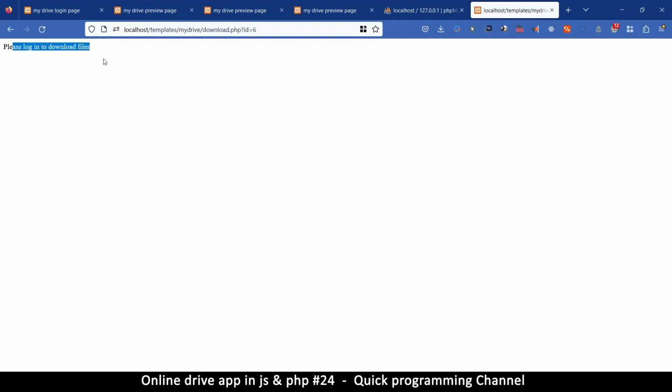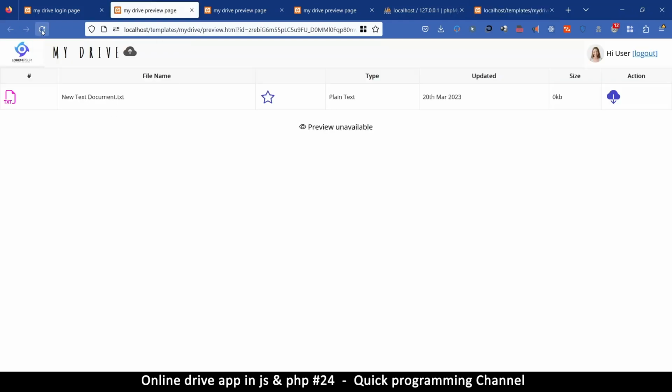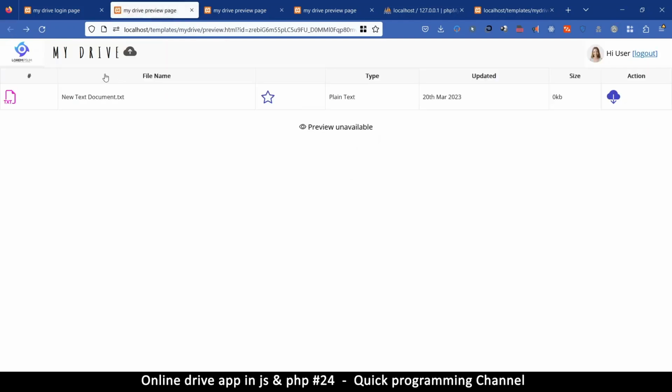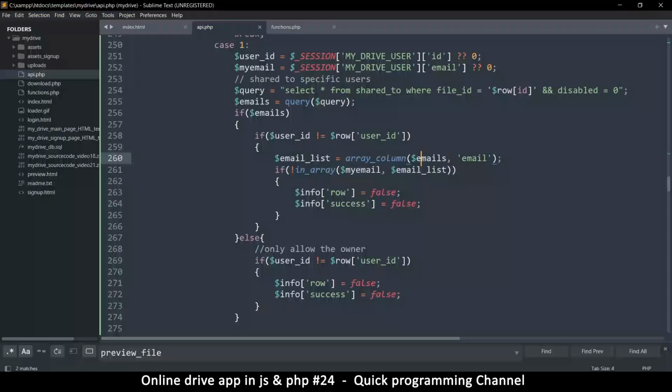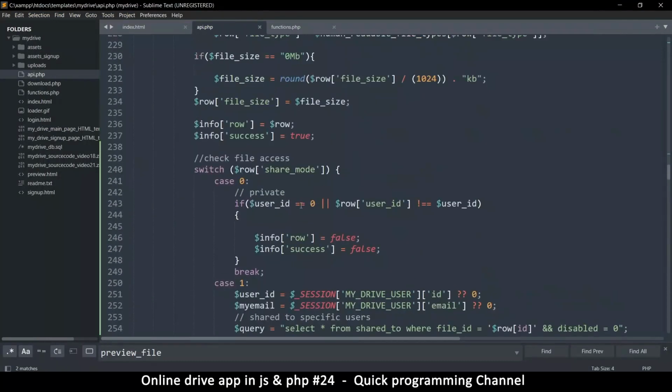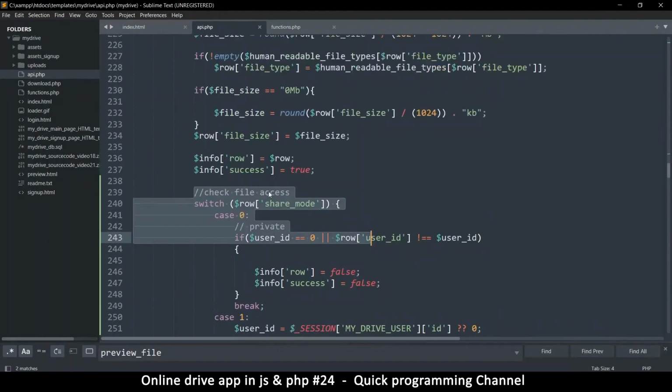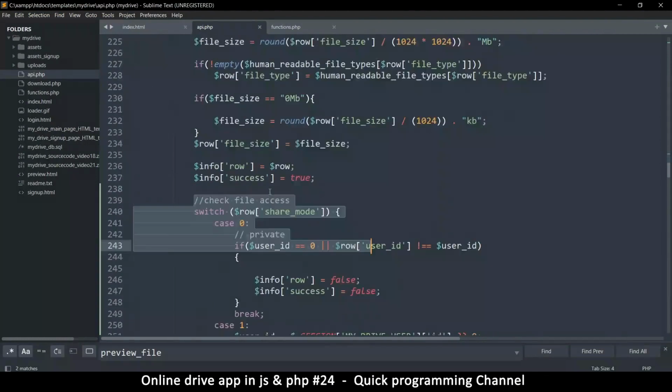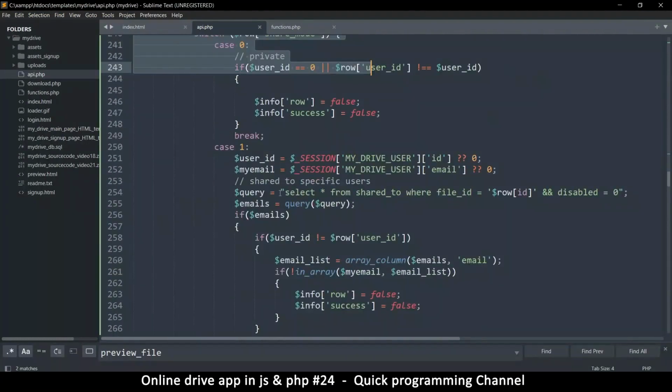Oh, okay. So this is a problem actually, because this is a free file which I definitely won't be able to download. If I click on that, "please log in to download." So that's an issue we have to fix. Okay, so there's this part here that allows me to check file access, right? So this is all good, but the problem is